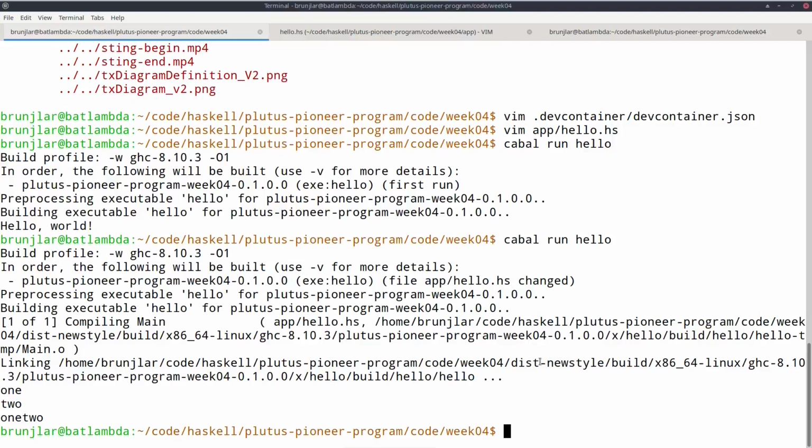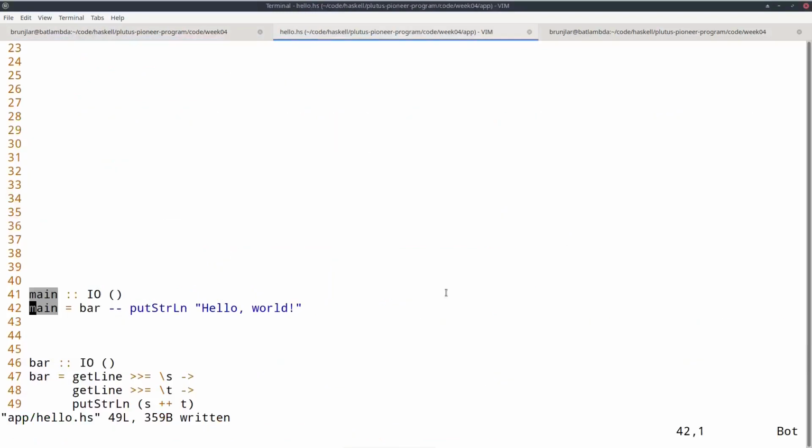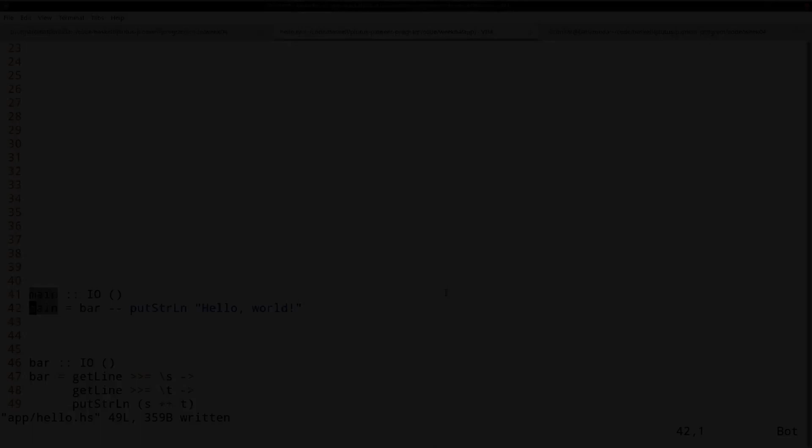So you see that using this handful of combinators, basically just the bind and the return, I can write arbitrarily complex I/O actions. And this is enough for us now for our purposes, because we won't really need the I/O monad. Maybe much later in the course when we talk about actually deploying Plutus contracts to the testnet. But for everything else, we won't need I/O. But it's an important example of a monad, so I wanted to start with this.